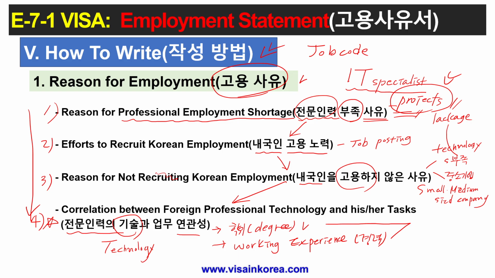But Koreans submitted a lot of CVs, and we checked, but we couldn't hire them because they don't have the technology that our company needs, or they just gave up applying